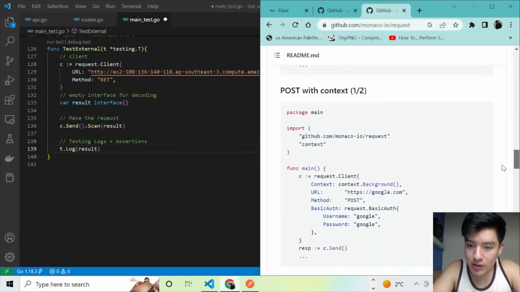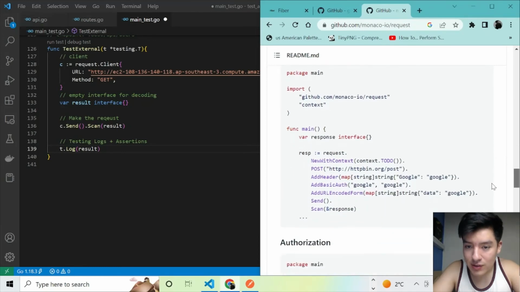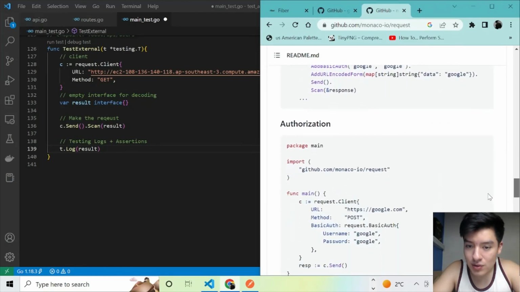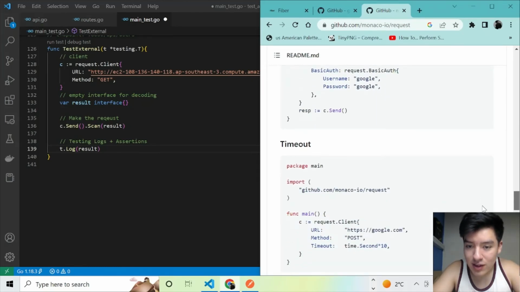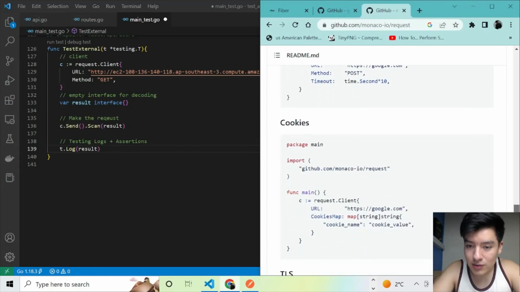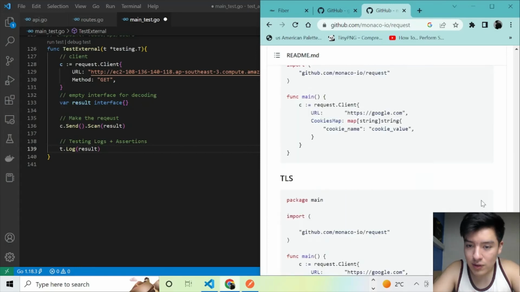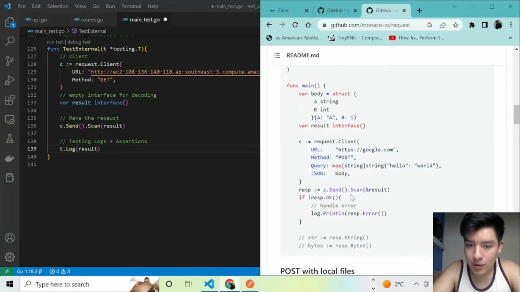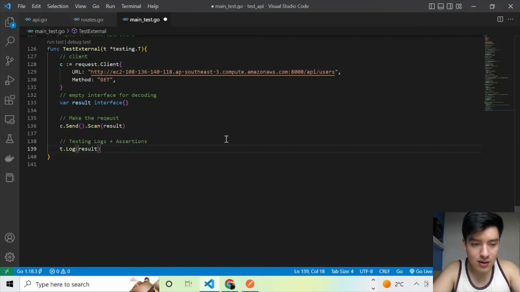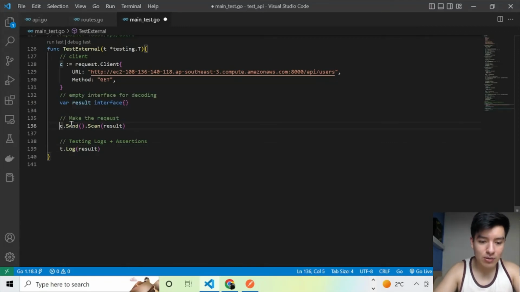Status code, oh, it has the post. Oh, I guess it doesn't send the status code. Okay, oh, there it is. Okay, nice. So it does return something. So let's go ahead and do response,